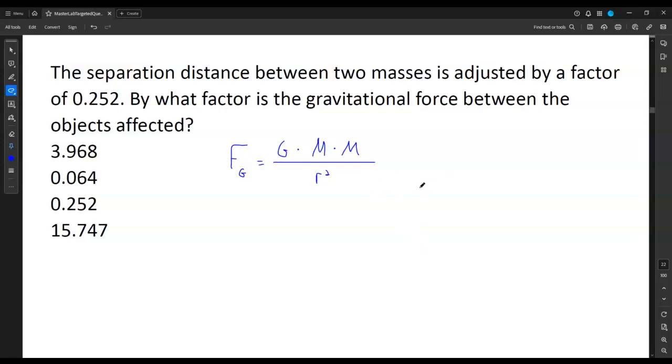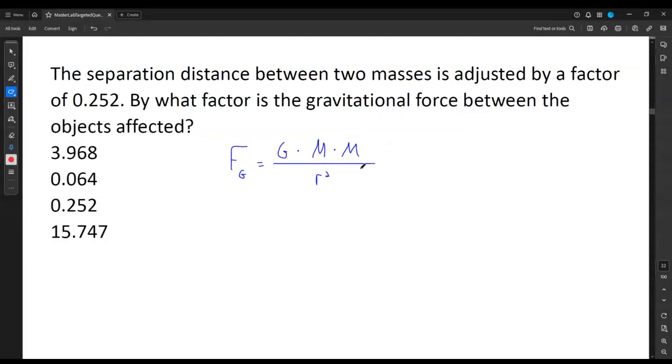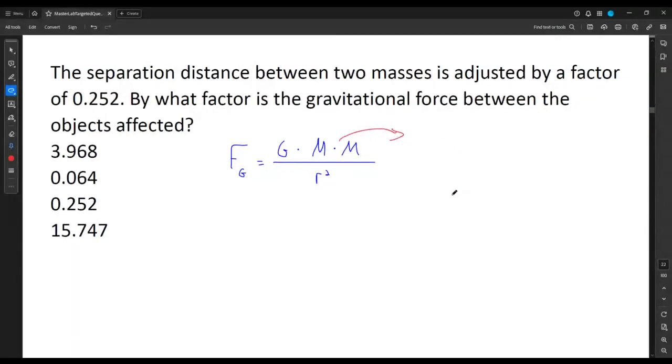And we see what's here, okay? The things that are on the top of the fraction, the gravitational constant is not going to change between different questions. So what we're really focusing on are these masses. And the masses are going to change in such a way that they are directly proportional. So that means that if I double one of the masses, then I'm going to double the answer. If I double both of the masses, then times 2 is going to mean 4 times the answer. Or if I go the other way, say I do 1/3 of the mass, then I'll get 1/3 of the